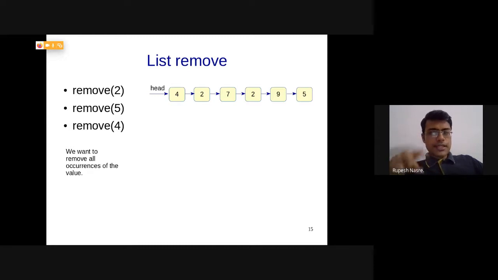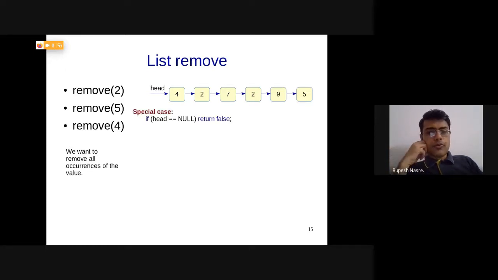So whatever is your design decision, that should be known in the documentation, that this is how the list is going to operate, or even if it removes all the elements, that should be mentioned. So in this case, let's say that we would like to remove all occurrences of the value, because removing the first occurrence will turn out to be very similar to the find function. Essentially, removal is going to involve find. Therefore, its complexity is at least order n. But hopefully, removal in a linked list might not require you too much of extra work. So it will remain order n. But does it remain order n even if you want to remove all occurrences?